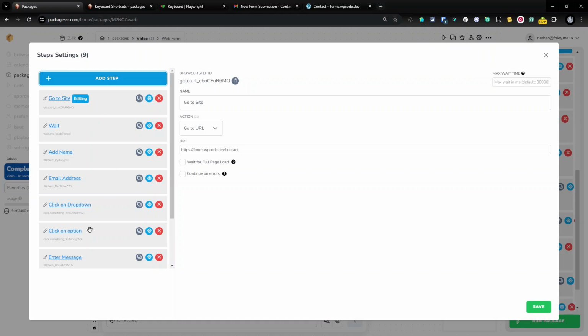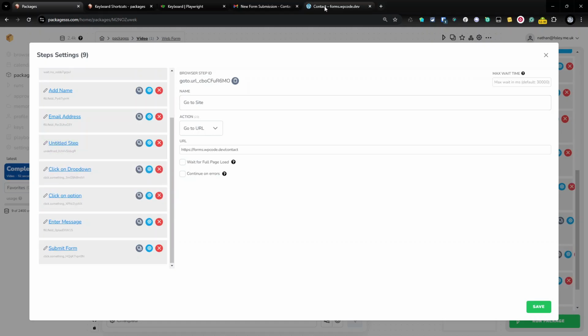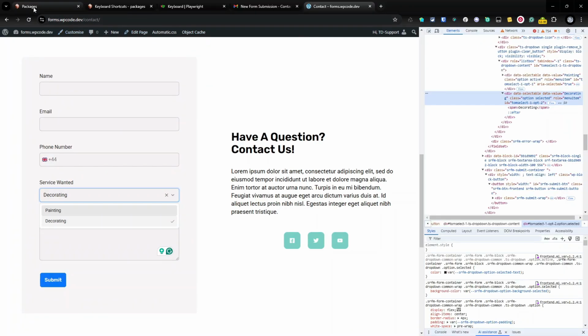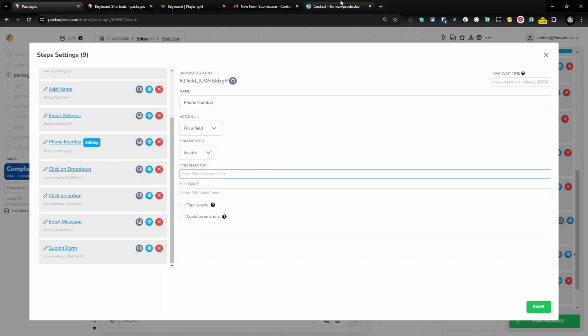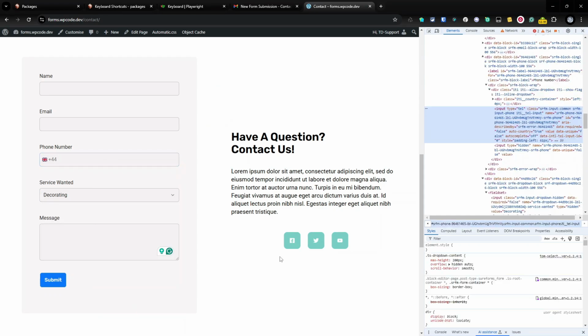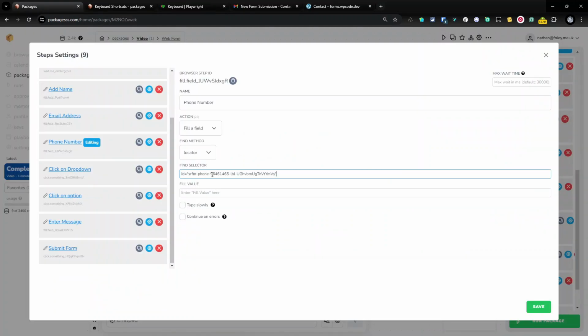So add a step. We've got an untitled step here. So I believe the telephone number comes before the drop down. So yeah, it does. So we want that there, and we're just going to build in this telephone number. So phone number, and I want it to enter it into the field, fill a field. We're going to get the locator because I don't have this one. Inspect. It is this one here. Copy that, and we will fix that when we get to the other side. We want this selector to remove the speech marks, and we want the value to be